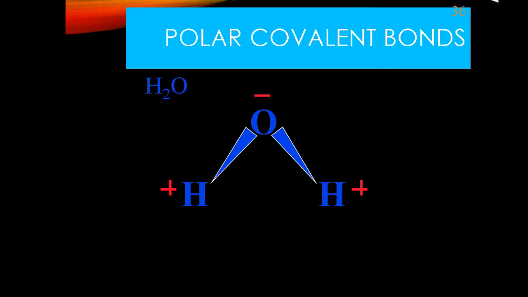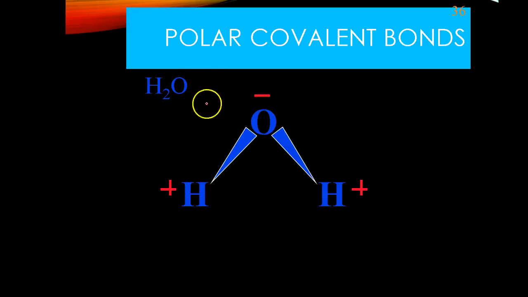So let's take a look at water, because we know that water is a polar molecule. The thing you see is these positive and negative charges, so you ought to be able to guess who has a stronger pull on the electrons. We also need to add something to this charge, because these are not whole charges like you would find in an ionic bond. Nobody totally gave up or took an electron. They're being shared